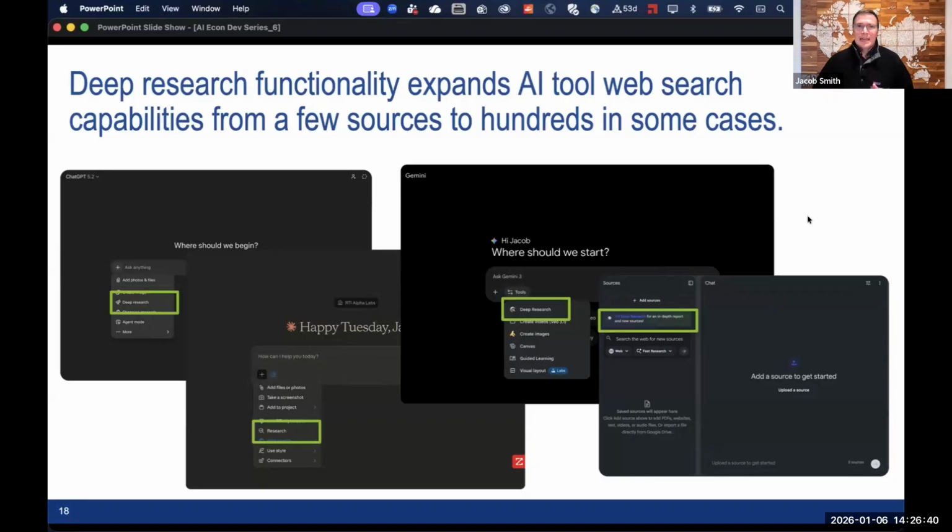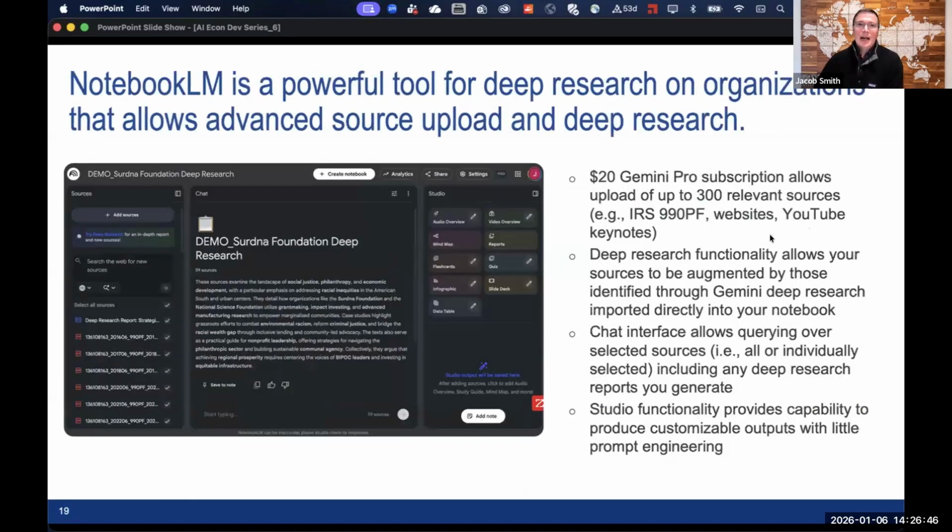So in the case of organization deep research, I want to highlight Notebook LM specifically. For the rest of today, we're going to basically live within Notebook LM as I demo some of the functionalities here. I think we've talked about it in a couple of the other sessions, but Notebook LM is a Google product. There's a free version and there's a paid version.